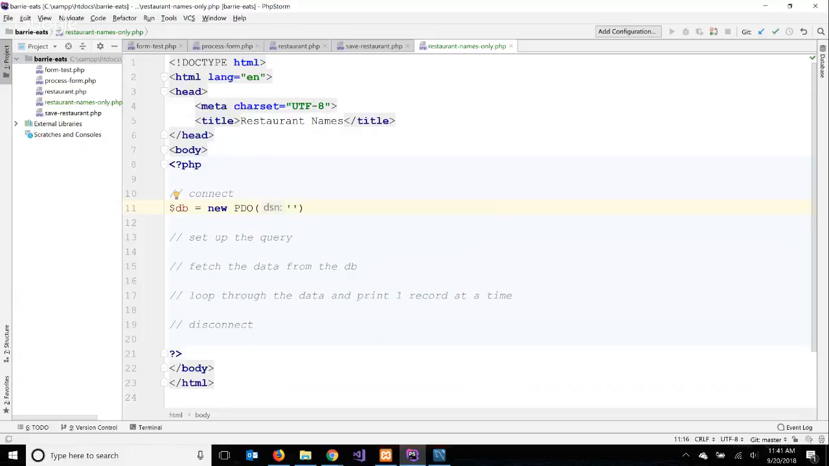Right, what type of database is it? Because this PDO object can connect to any kind of database, but it uses a different driver and a different library depending on the type of database we're using. So we start with MySQL: host equals. I'm going to use localhost. If you set up your database on AWS, your host will be